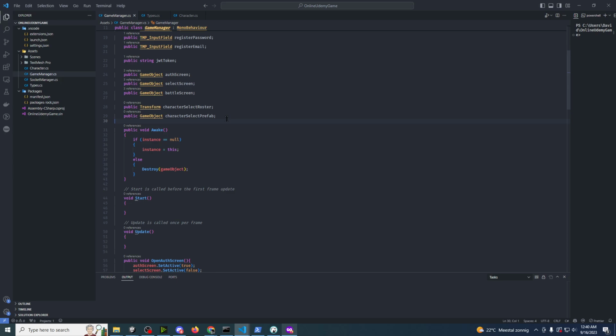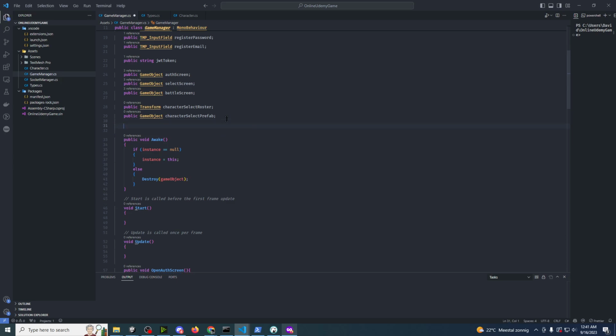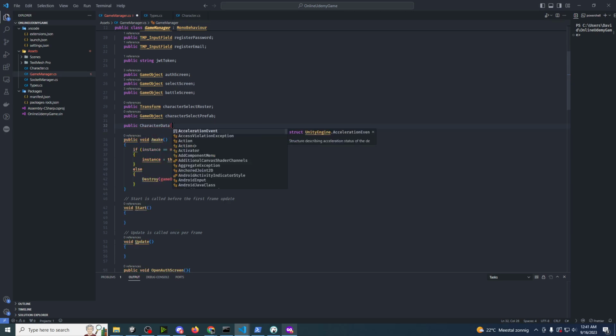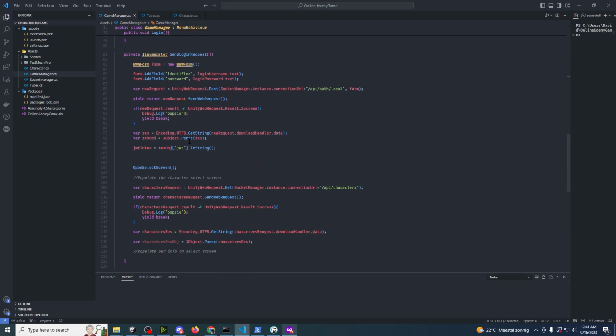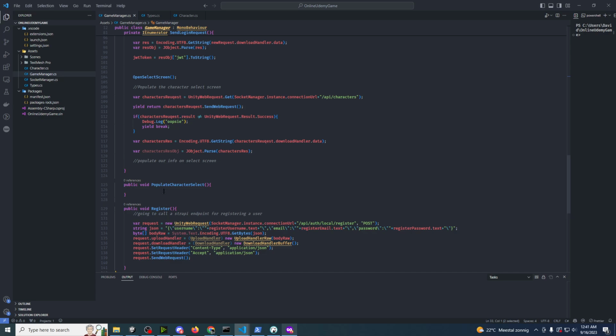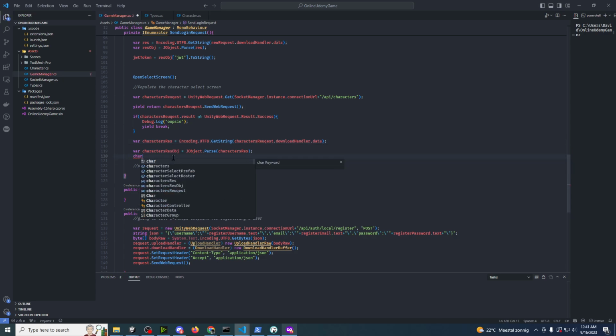Now let's make that variable. Because we already have the type, it's going to be public. It's gonna be an array of character data, characters. We're gonna populate them into this array, and then we will populate the character select using all that data. So now we have the character res object. We can now do characters equals, and I wonder if